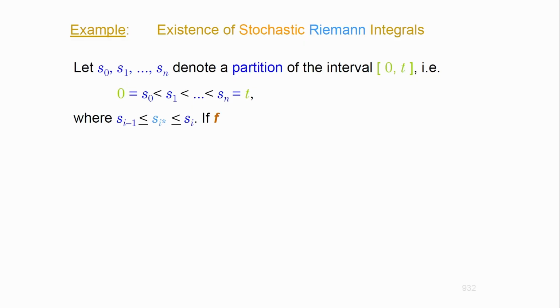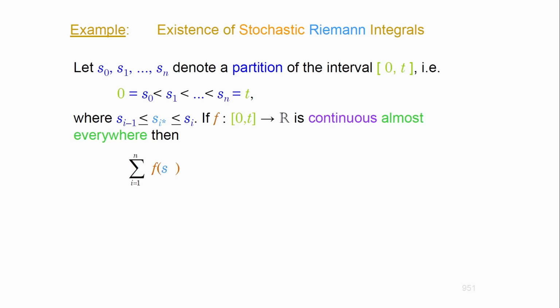Anyways, if the function, which is defined on the compact interval between 0 and t, is a real valued function that is continuous almost everywhere, let's assume that this is the case, which again, most functions you are familiar with are. And I have a Wiener process included, which again has a continuous autocovariance. You saw the autocovariance function of the Wiener process, by the way. I will come back to that later on.